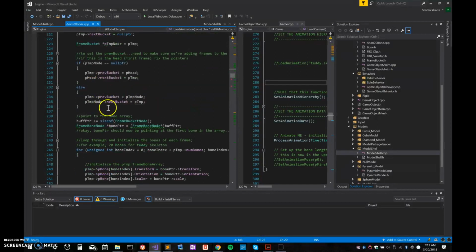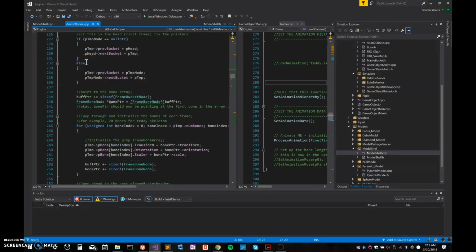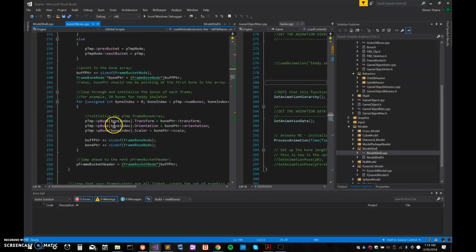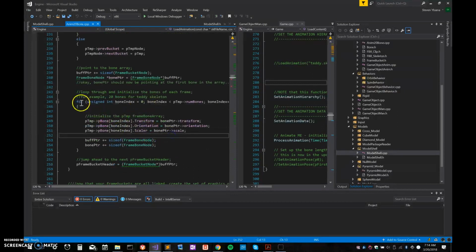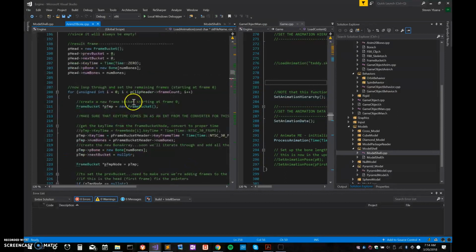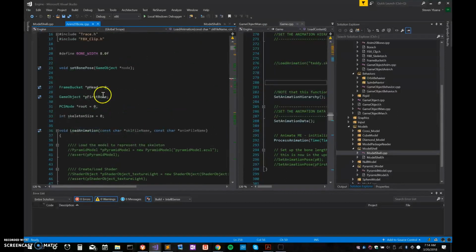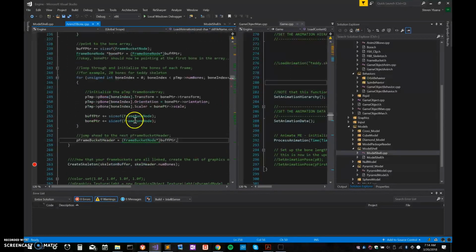set up the bucket hierarchy, and then inside of there, also it's important to note here, we're adding the frame buckets to the back of one another just so we can make sure we're going in order. So when we start at the head, then we'll be starting at the first frame. There's also a nested for loop inside of, this is all inside of a method called load animation. So this is basically just loading all that stuff up. I go through, parse through using pointer logic,